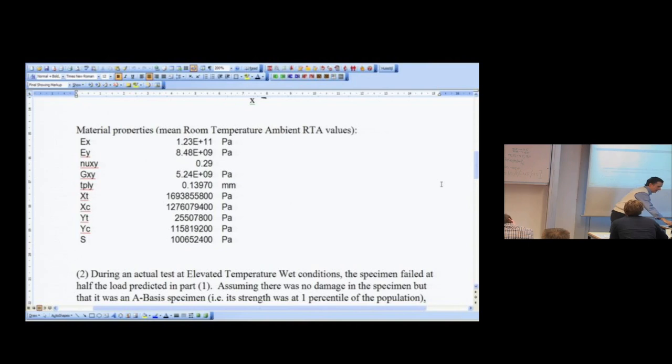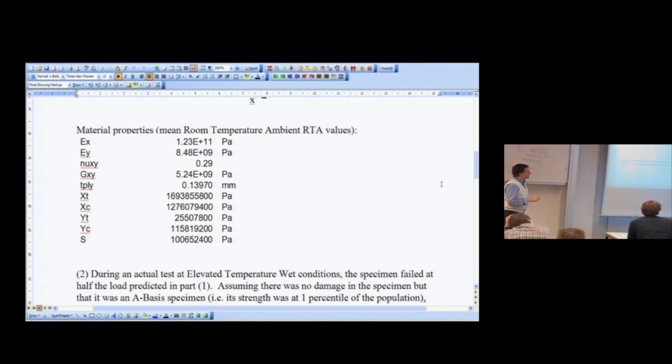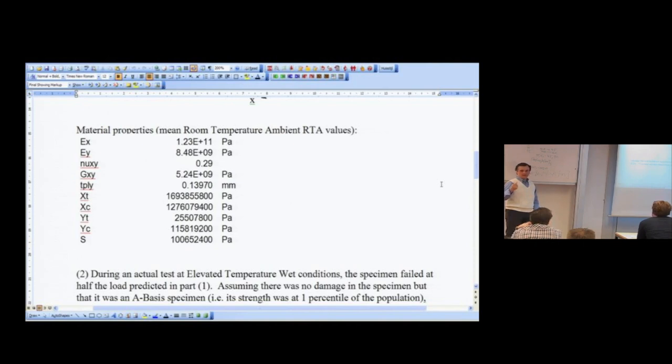somehow tell me 2 things: the coefficient of variation. Coefficient of variation is standard deviation divided by the mean. And 2, the B basis of the critical strength property, whatever is the failure mode that we said on the previous problem. If it's transverse tension, let's say, I want you to calculate the coefficient of variation